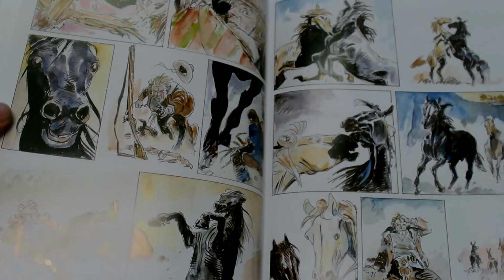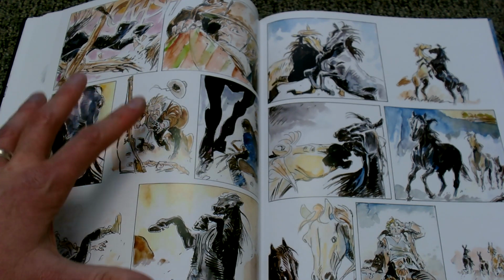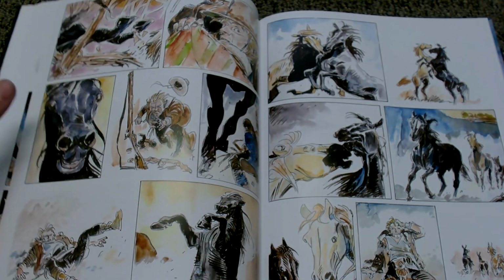I really don't think you're going to be disappointed, because it still tells a meaningful, poignant story without the dialogue there. And as you can see, the